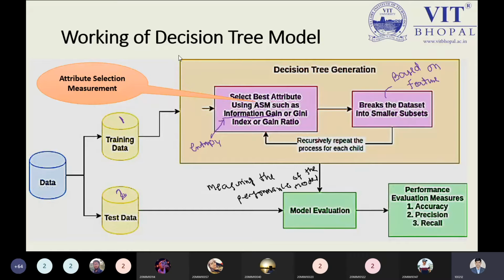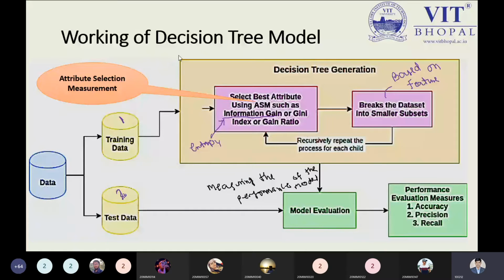We have data. We are splitting our data into two parts. One is the training data, and another one is testing data. And this is a normal process. So now we have our data. We have decided the objectives. So now we are building our model. Now we are preparing the data. After preparing the data, what is the next step? You have to build the model. Before building the model, we have to categorize the data into two parts, that is training data and testing data. So the training data will be associated with our decision tree generation part. That is the structure of our model from where we can incorporate the data.